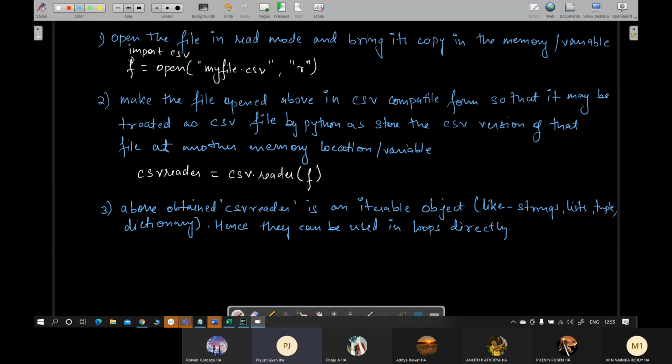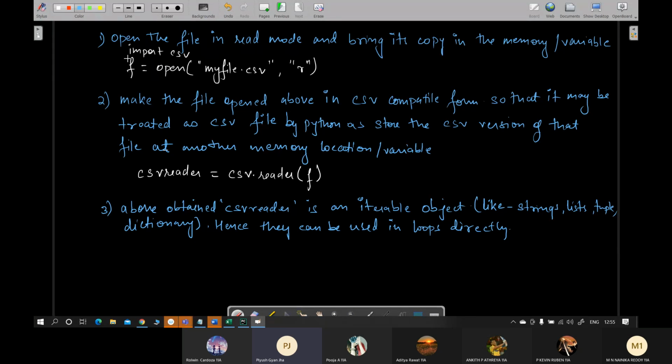So हमने देखा कि what is the way of reading from CSV files? First import the CSV module. Then you will open the file as a normal file. Remember the name of the CSV comma separated value file should end with .csv. Once you have opened the file, store it in a memory location identified by F, just like normal text files. Make it into a CSV version.